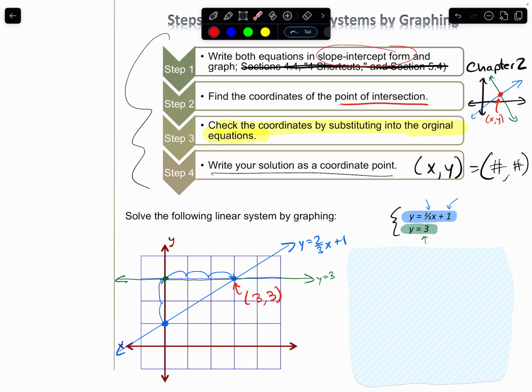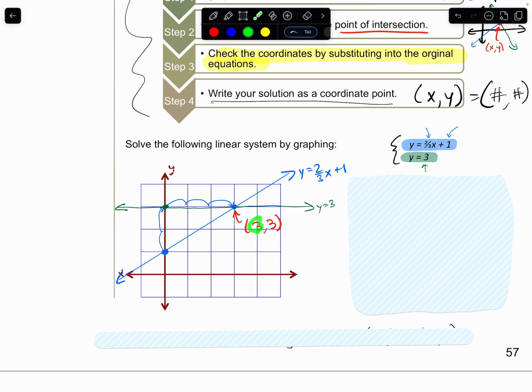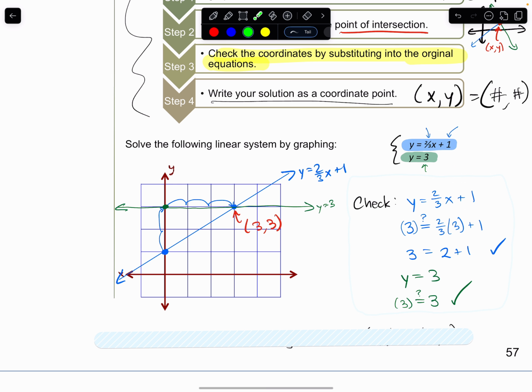After that, we want to check the coordinates by substituting into the original equations. So we're going to plug in 3 for x and 3 for y into these equations and see if we get true statements. So we plug in 3 for x and 3 for y here and here. We do get a true statement. 3 equals 2 plus 1. That's true. So this point, 3, 3, is definitely a solution for the first equation, the first line that we